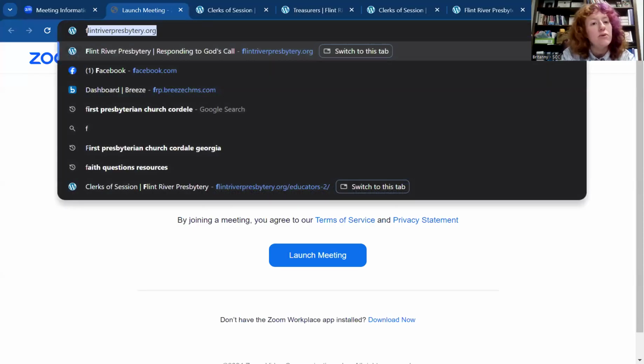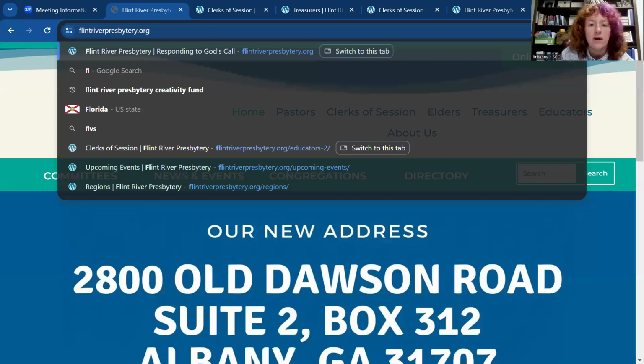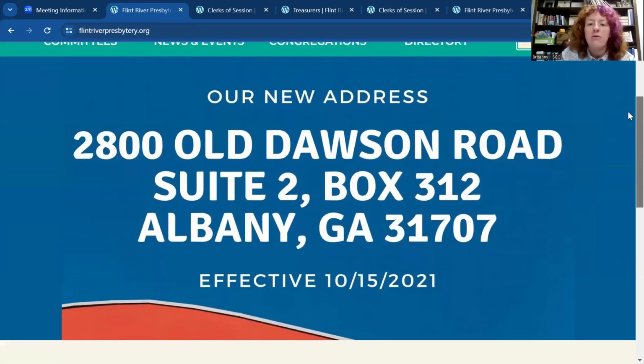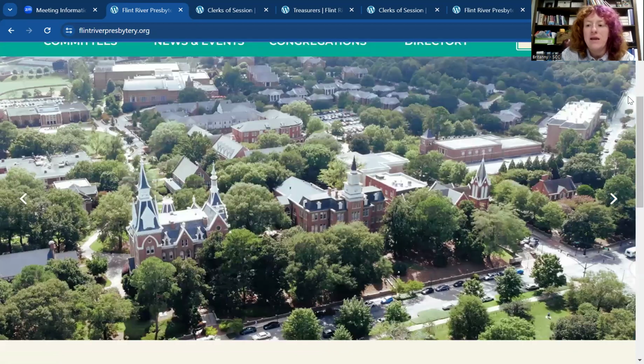So let's just jump right to it. I'm going to share my screen here, and we're going to pop over to Flint River's website. That's flintriverpresbytery.org. We're at our homepage now, and you'll see this scrolling area which contains our address and images of the